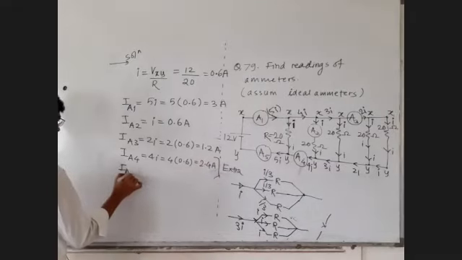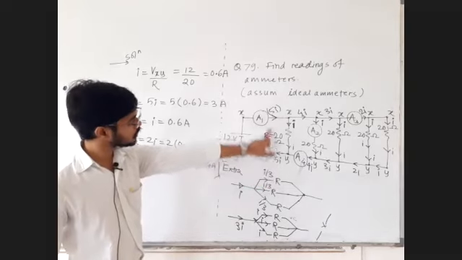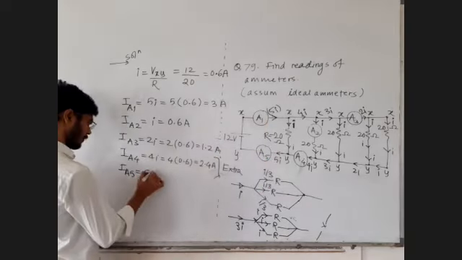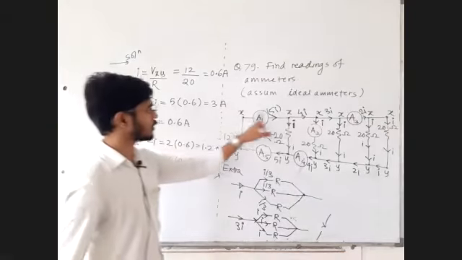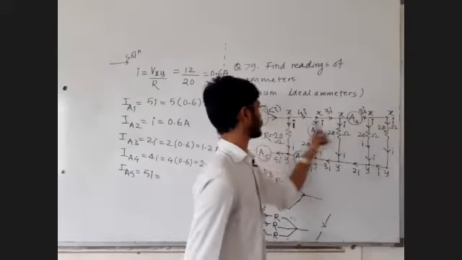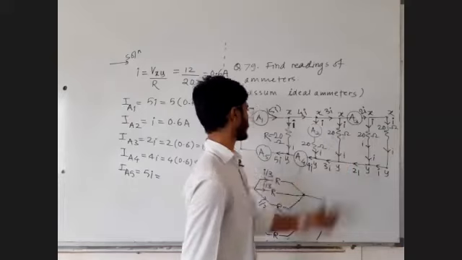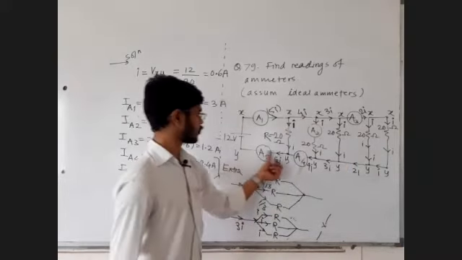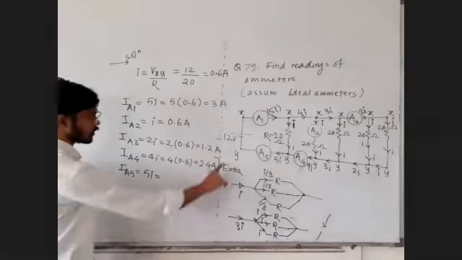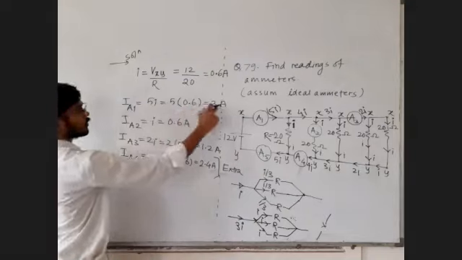Reading of the fifth ammeter is again 5i, same as this, again 5i. All the ammeters are ideal. So point X, point X, point X, point X, point X, point X. You can assume all these as point X because there is nothing, only wire is there. This is 0 ohm resistance. Again, true for this case as well. All these points are Y. 5i value we have already found out, 3 ampere.